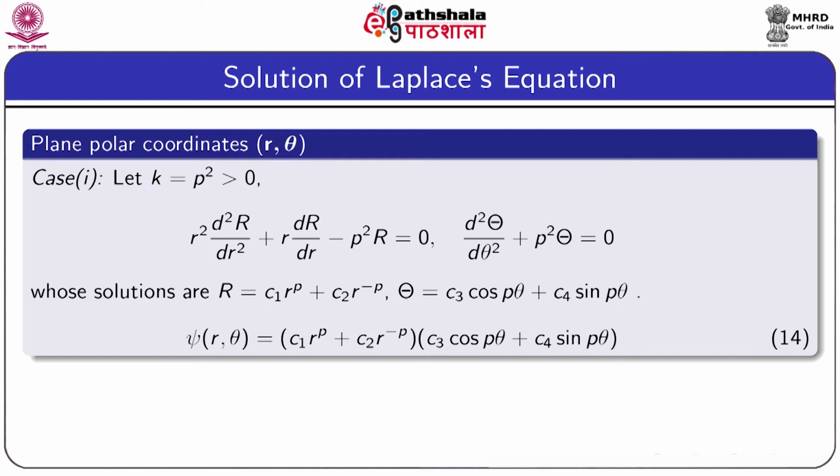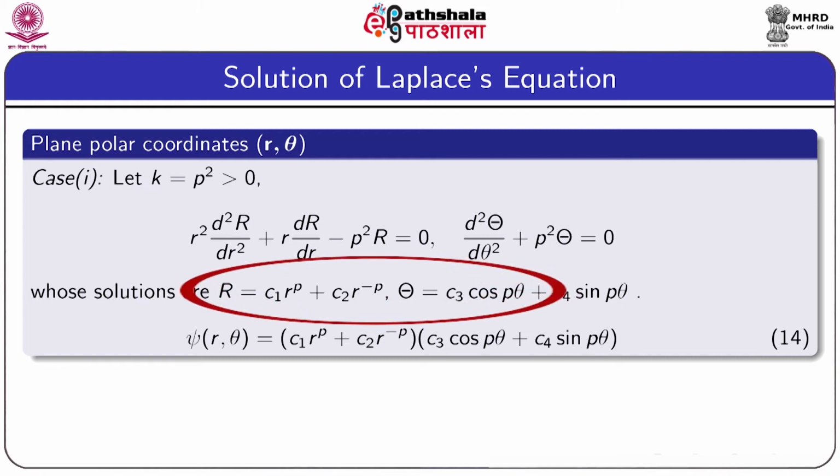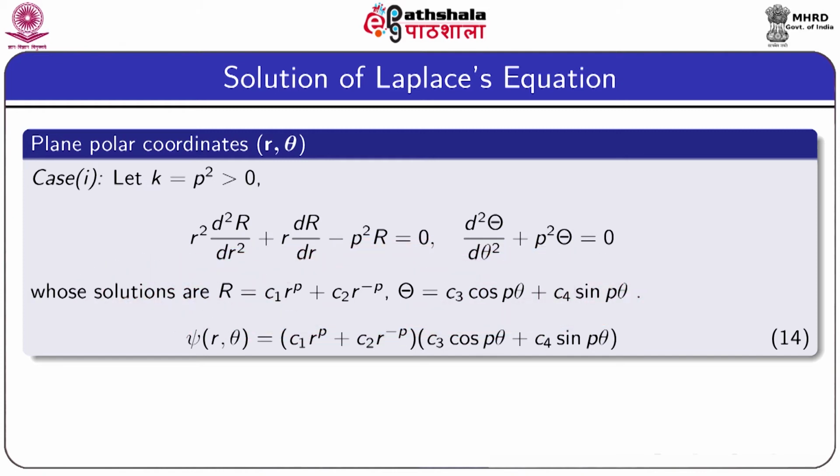So with some transformation, that means if we substitute r equals e to the power u, in terms of the independent variable u, that equation can be transformed into an ordinary differential equation with constant coefficients, and that can be solved exactly. From that solution we can obtain the value of R as R equals C1 r to the power p plus C2 r to the power minus p, and the equation for theta is